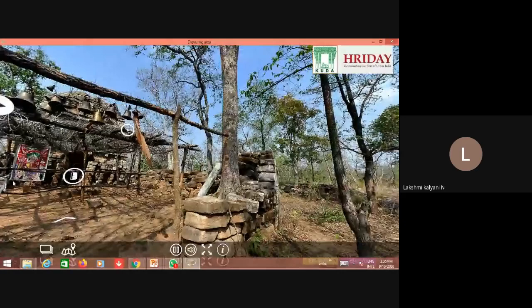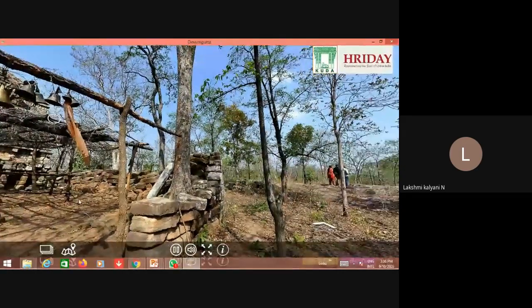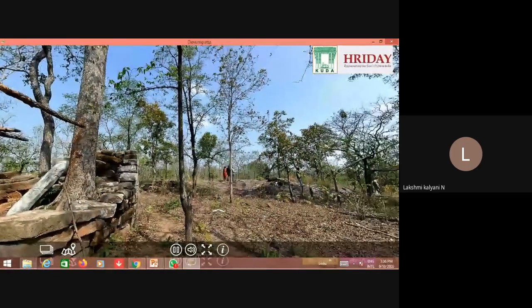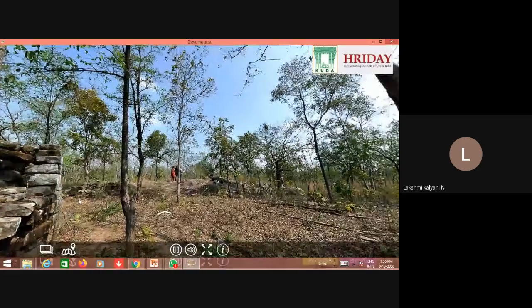It is a very unique temple which is said to be only one of its kind.